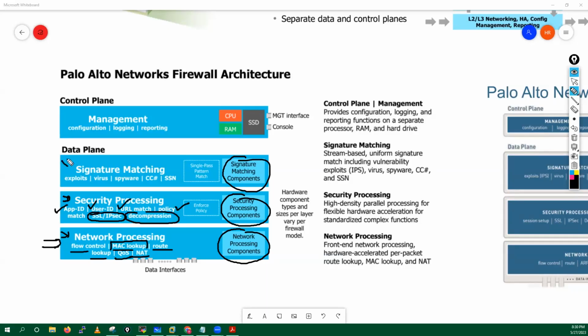And your signature match processor is responsible for your application identification and your content identification. Content identification includes antivirus protection, anti-spyware protection, vulnerability protection, URL filtering, WildFire protection, and file protection. Everything comes under the signature match processor. It means your layer 7 packet processing, or layer 7 inspection, is done by the signature match processor, or pattern match processor. And guys, all these processors